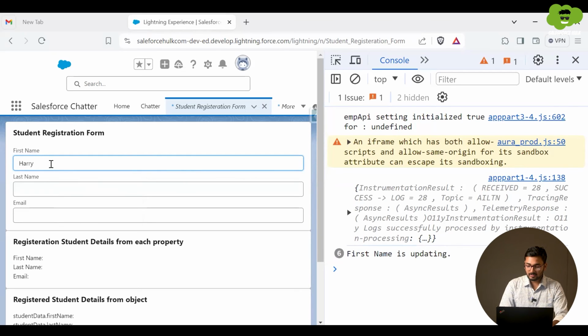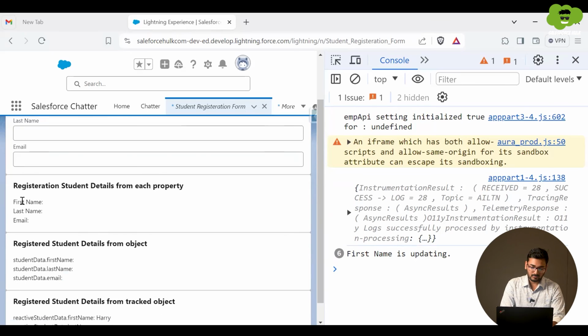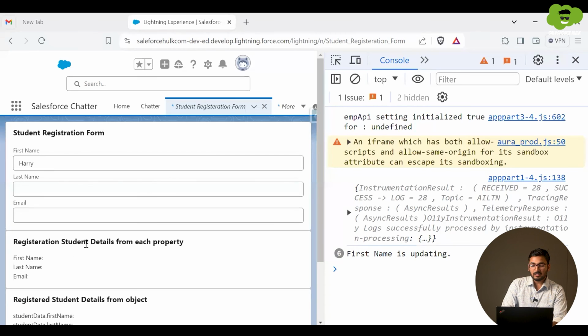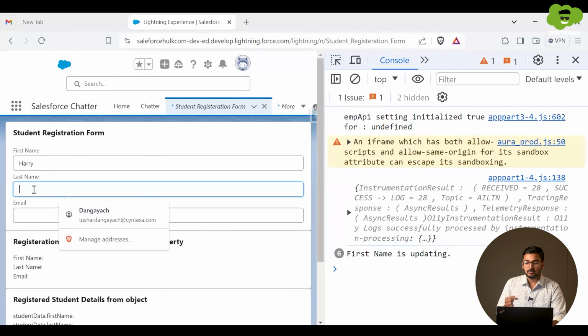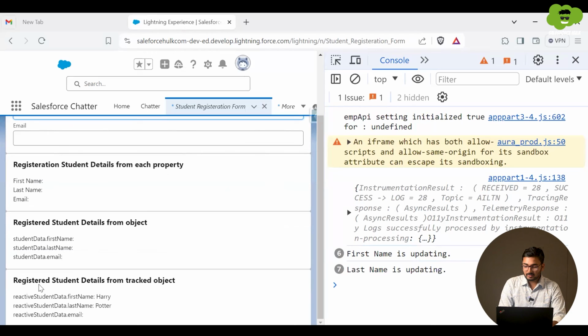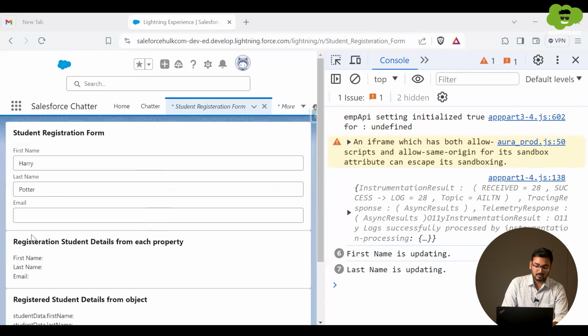I'll type, and you can see first name is updating, and over the UI as well you can see whatever I type, it's going to reflect over the UI. So here I am typing Harry, and then in the last name I am typing Potter. It's reflecting over the UI, if you can see here, right? It's reflecting very properly.